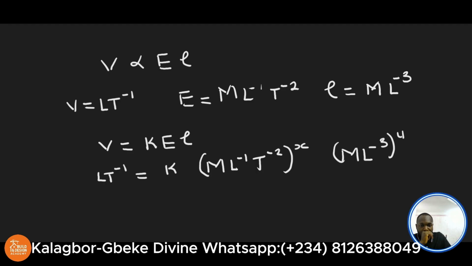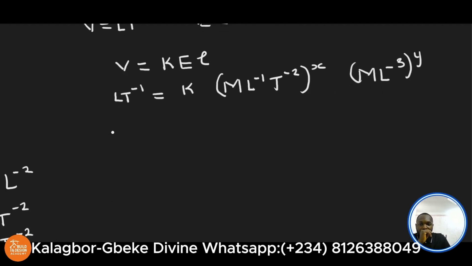So for further breakdown, we'll now have LT raised to the power minus 1 equals K. Expanding, M will have M times X. M here is raised to the power 1 times X. So now we'll have M raised to the power X into L raised to the power minus 1 times X, which equals minus X. And we'll have T into minus 2 times X, which will be